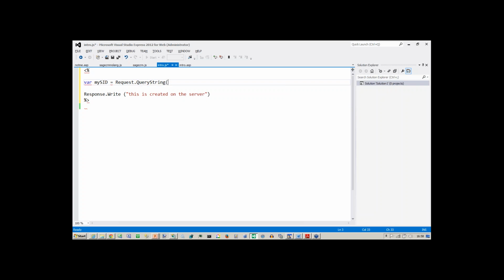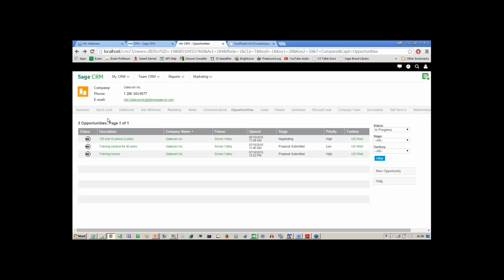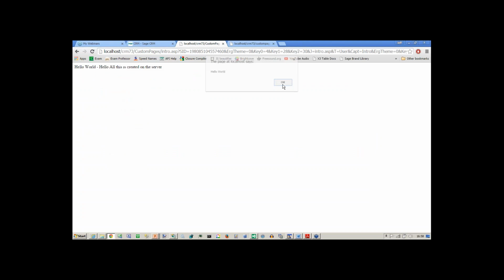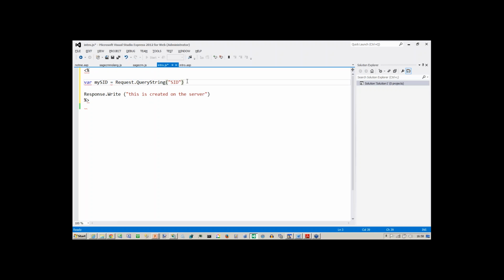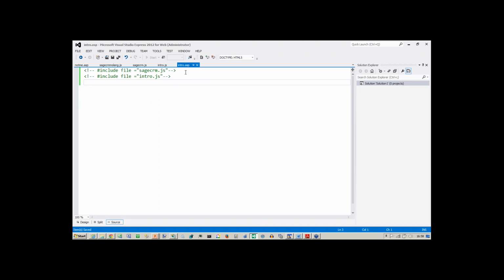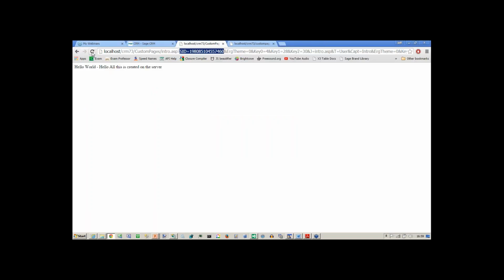and in the query string, this is where I need to put in the name of the variable that we're going to read. So this is thinking about where we go into my CRM and we go into intro, and of course this is the old page, by the way, the unsaved change, but this is the information I want to read, the SID from the URL. So that's what I've got in here. I save this file, which of course is loaded within the context of the ASP page, and I run this again, and we can say that this is created on the server,